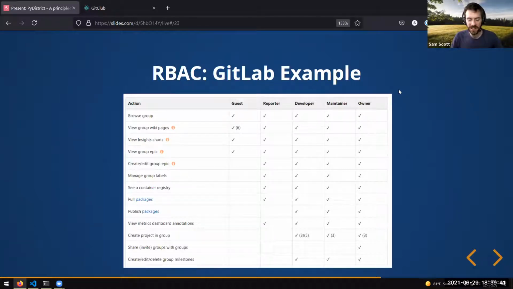Each of these roles corresponds to something very intuitive, your relationship to the organization or repository. If you're a guest of something, you probably can't go in and start editing and modifying things. You maybe get some read level access. But you expect that a developer can actually develop and work on the app and push code. So the roles are still assigning permissions to an intuitive concept of who the user is and what they can do.